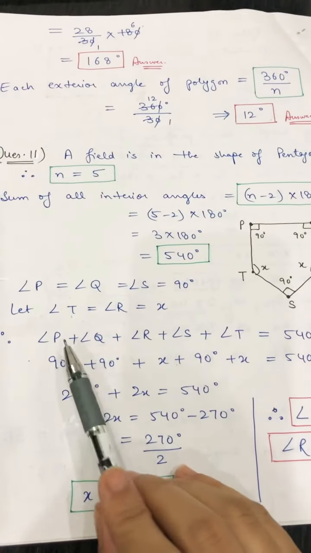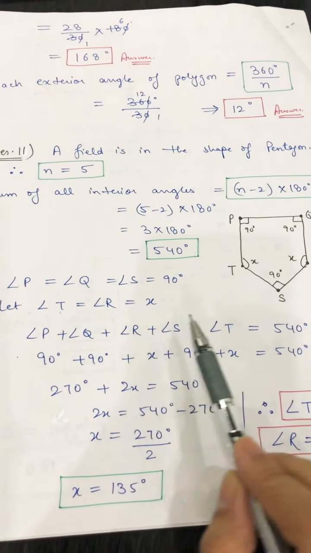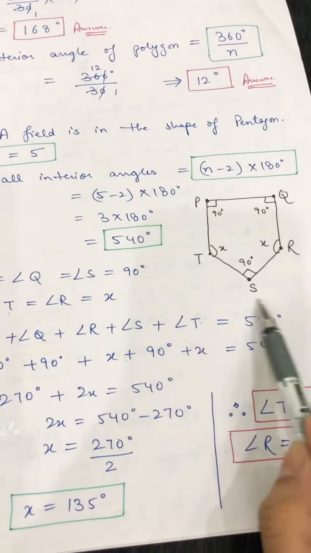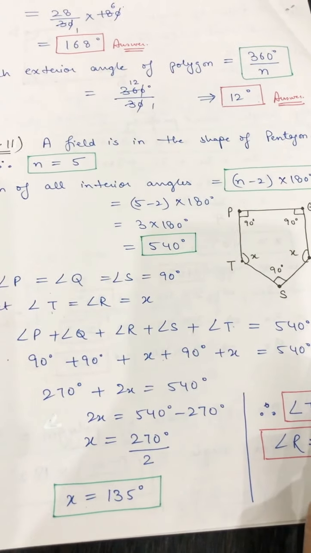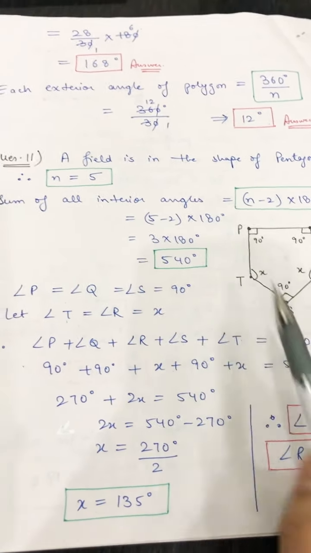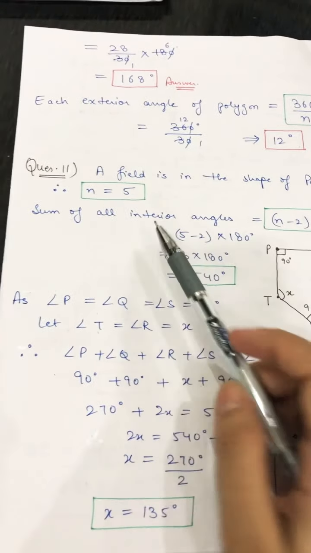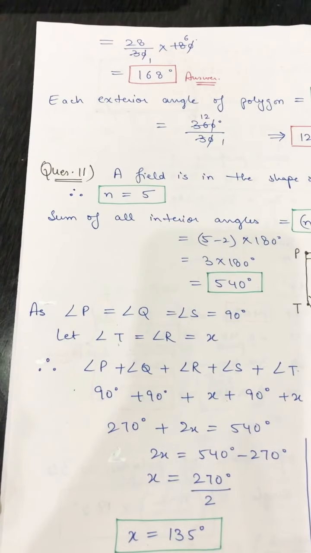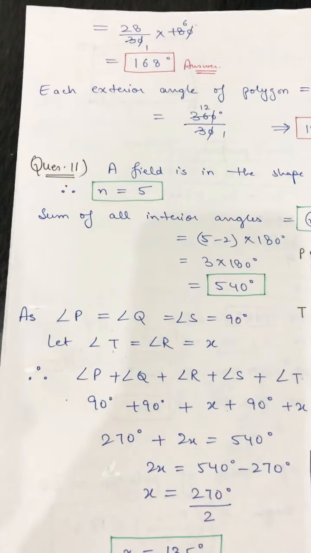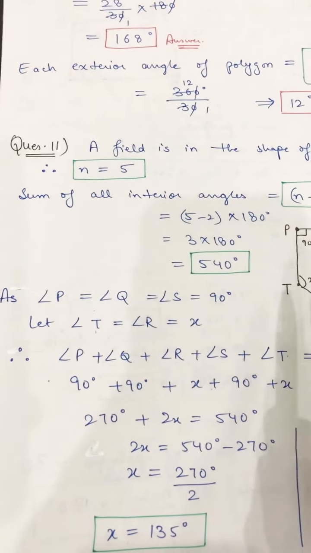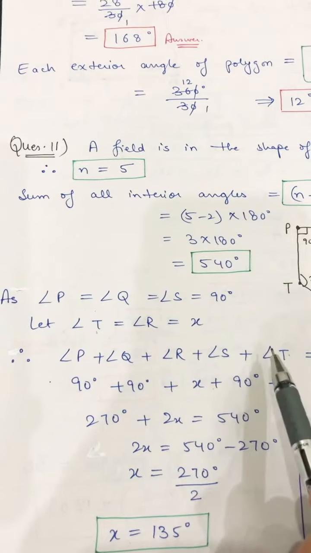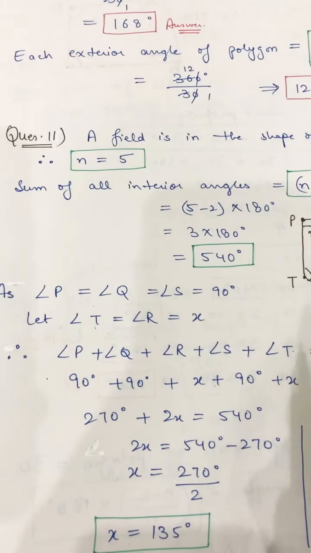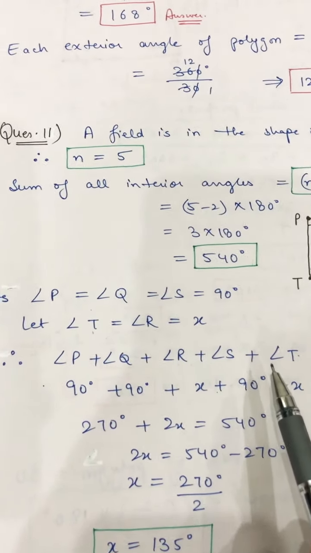Now angle P plus angle Q plus angle R plus angle S plus angle T, the sum of all the 5 angles, we don't know earlier. We have done the angle sum property of a triangle, that is equal to 180 degrees. We have done the angle sum property of a quadrilateral, that is equal to 360 degrees. So this is the shape of a pentagon which has 5 angles. The sum of 5 angles we don't know, because this property is not there in the book.